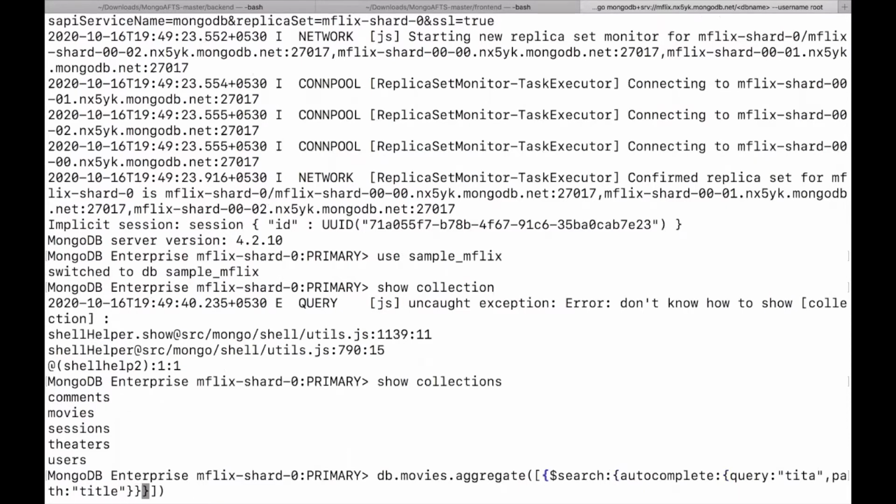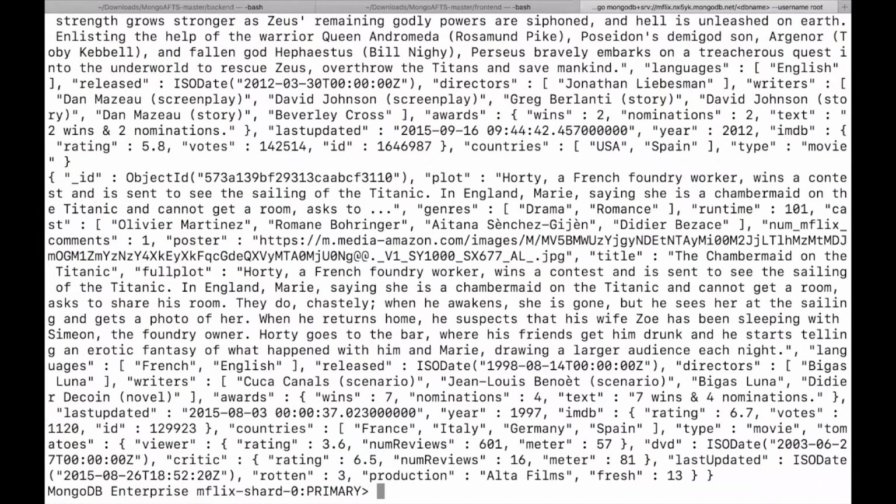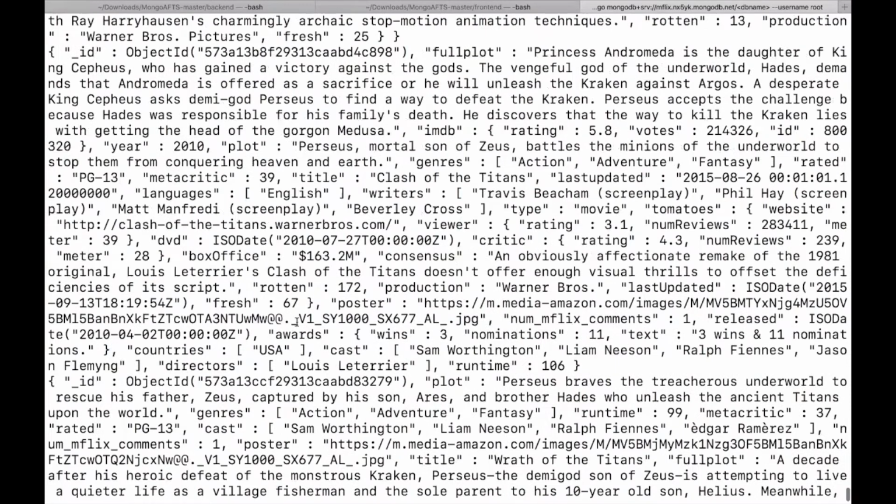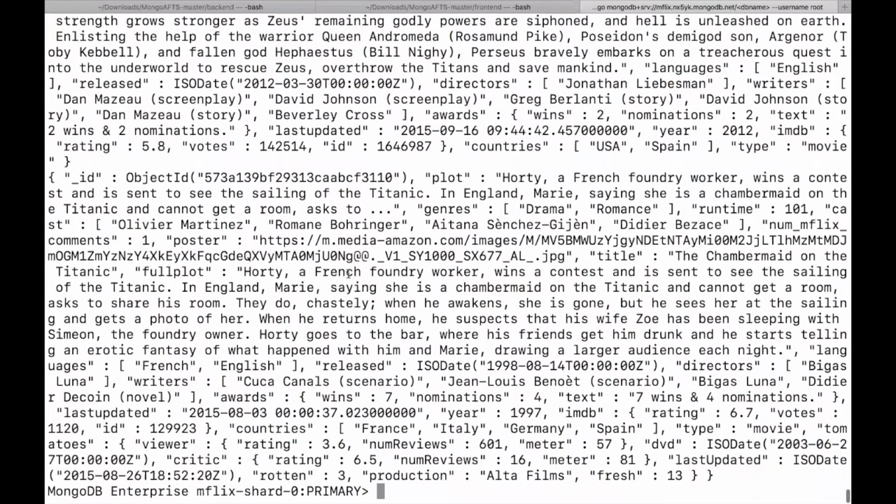This means I am querying the title path for words starting with that term in all the documents. It returns the result, but I cannot read it properly.